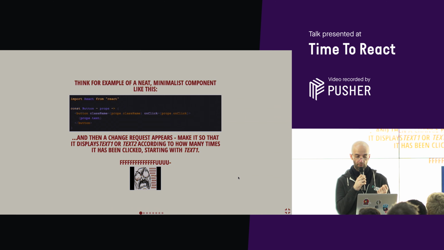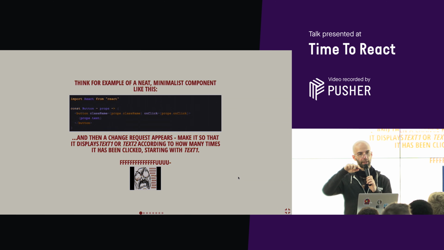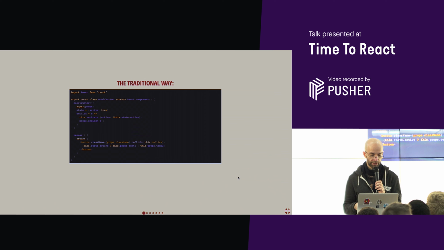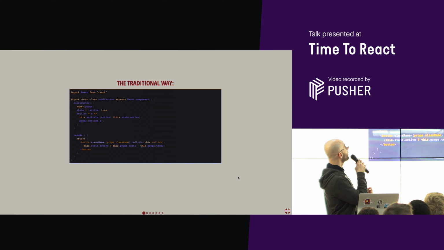You will think that, okay, I can put in a state which is silly, it will just have a true or false or whatever, and we'll keep track of when I need to display text 1 or text 2. As simple as that. This is the approach that we might get going the traditional way.